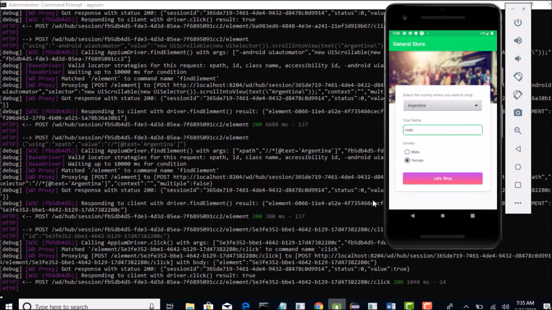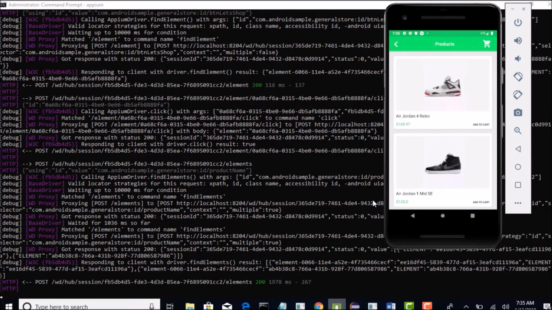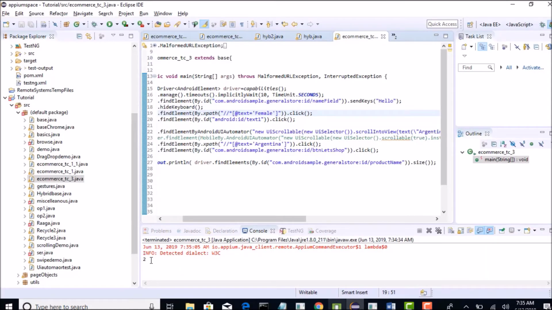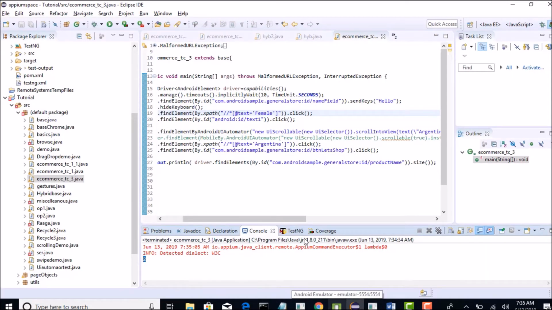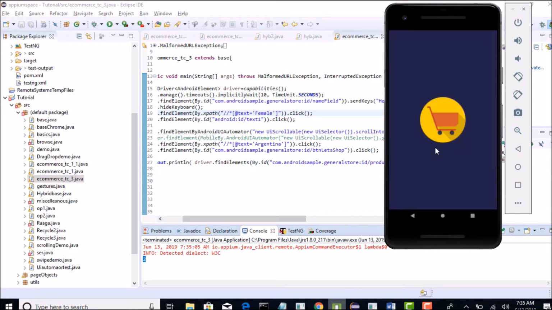So if on the screen you see 2 products at a time, then the list count will also be 2. It will never scroll down and know about any other product because it has no idea about it. You see that the count is 2, which is not true, right? The count is at least 10, I guess. We have so many products here, but they are not in visible mode.